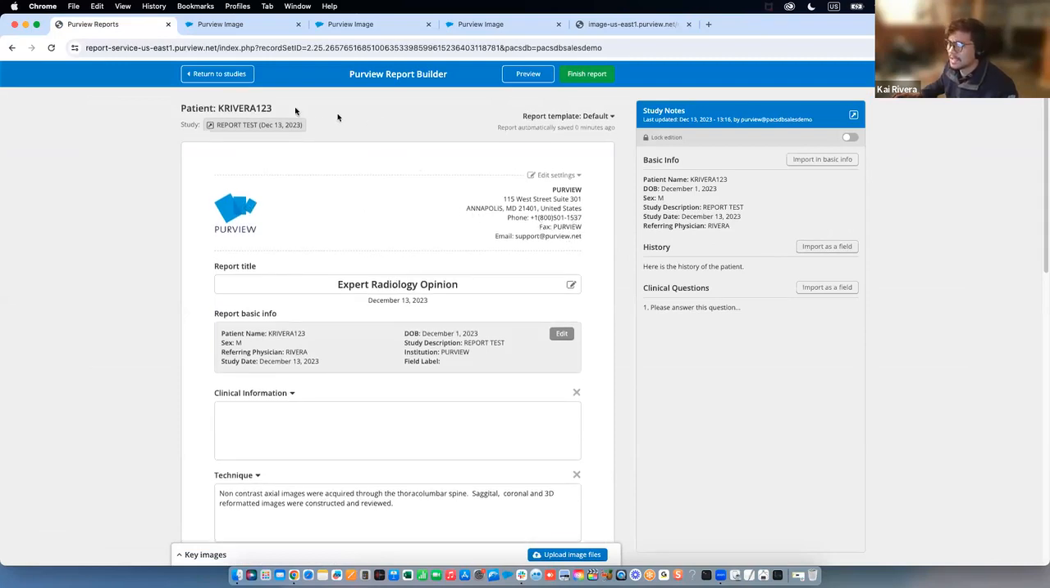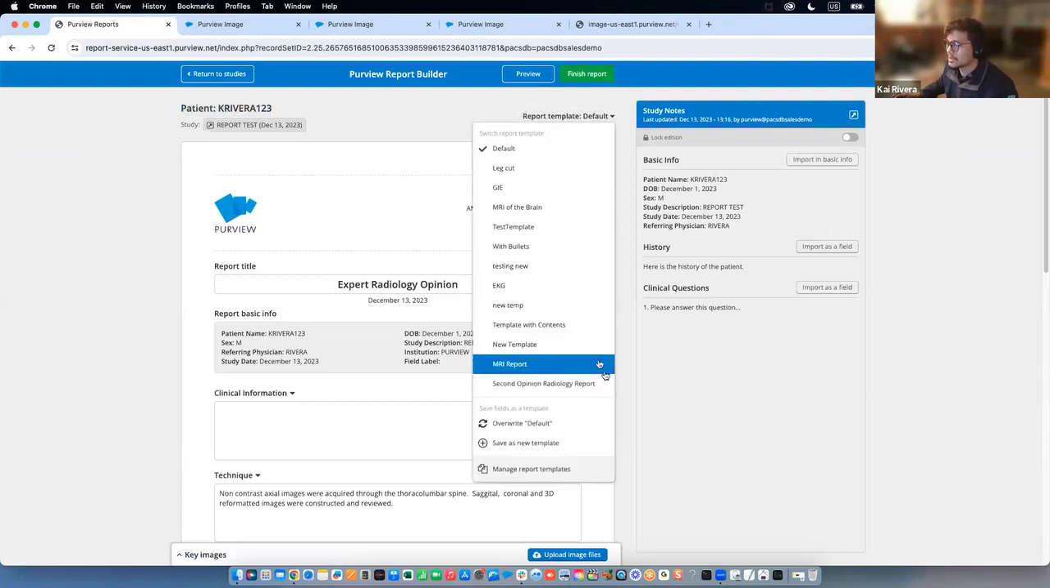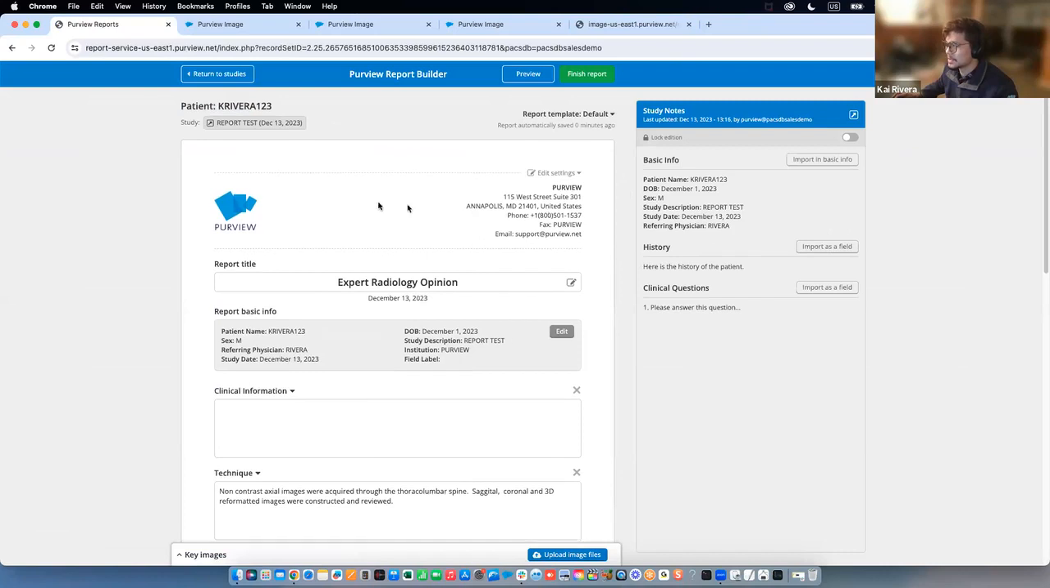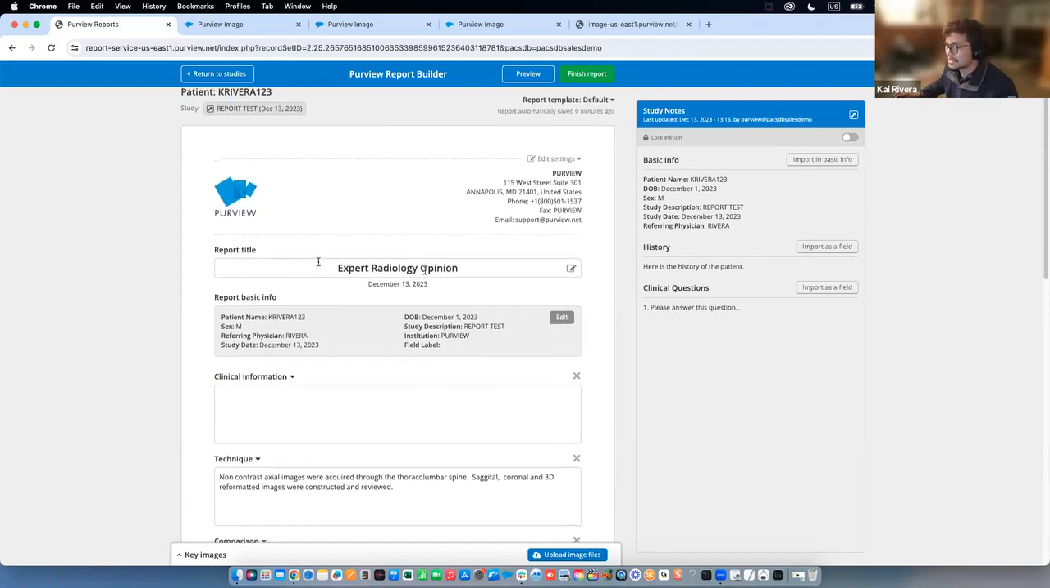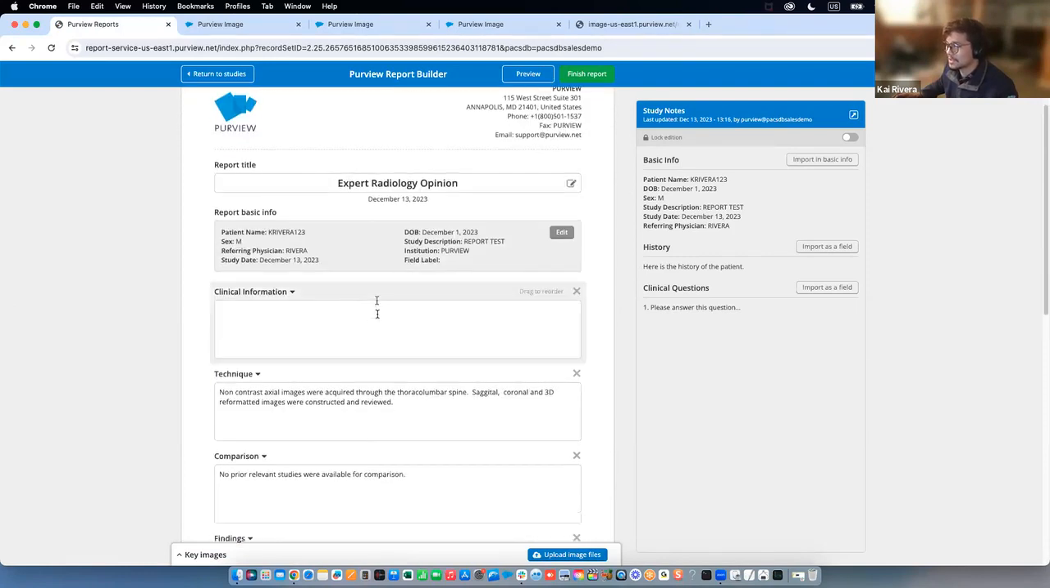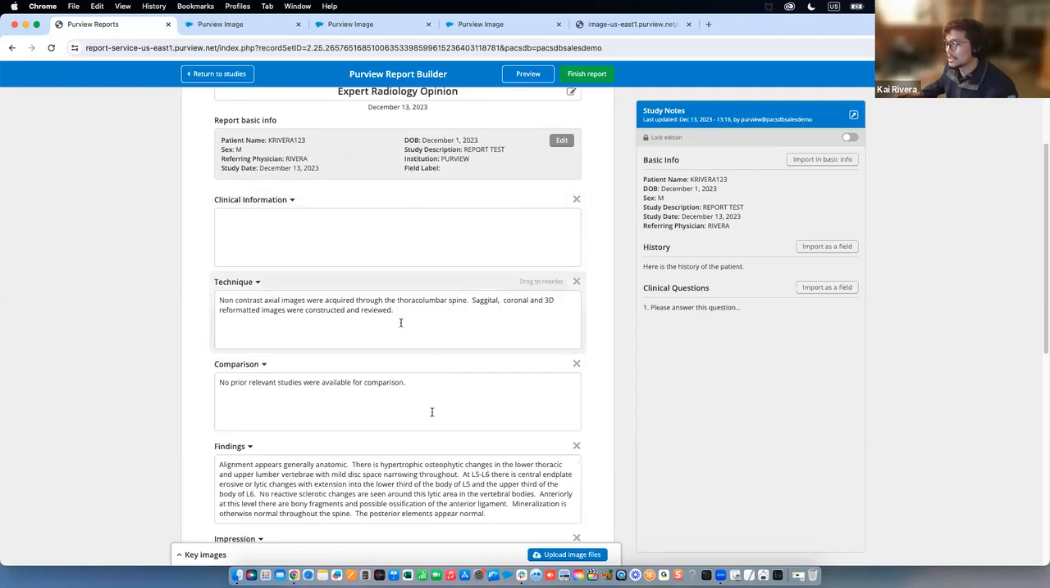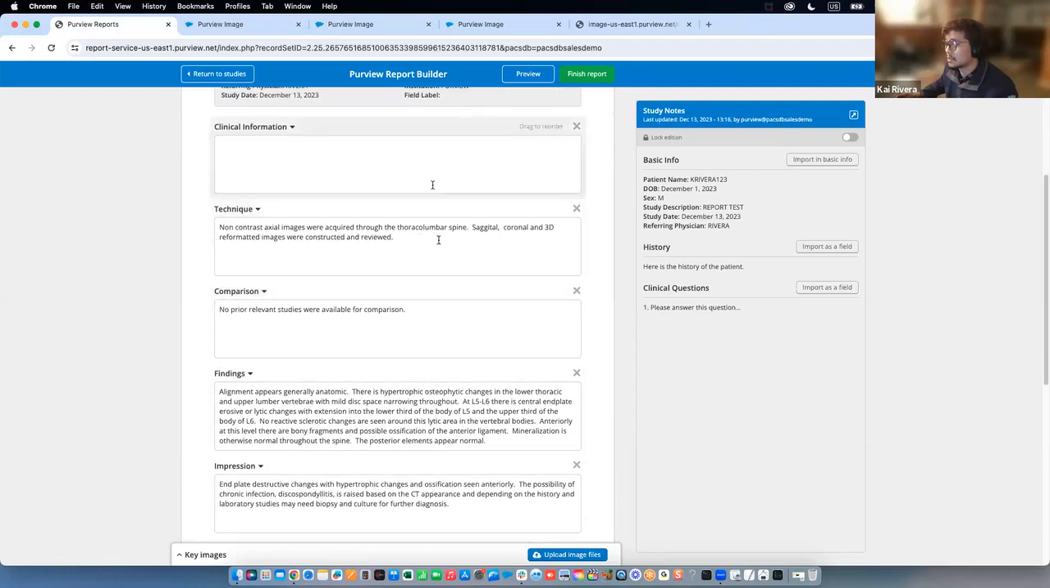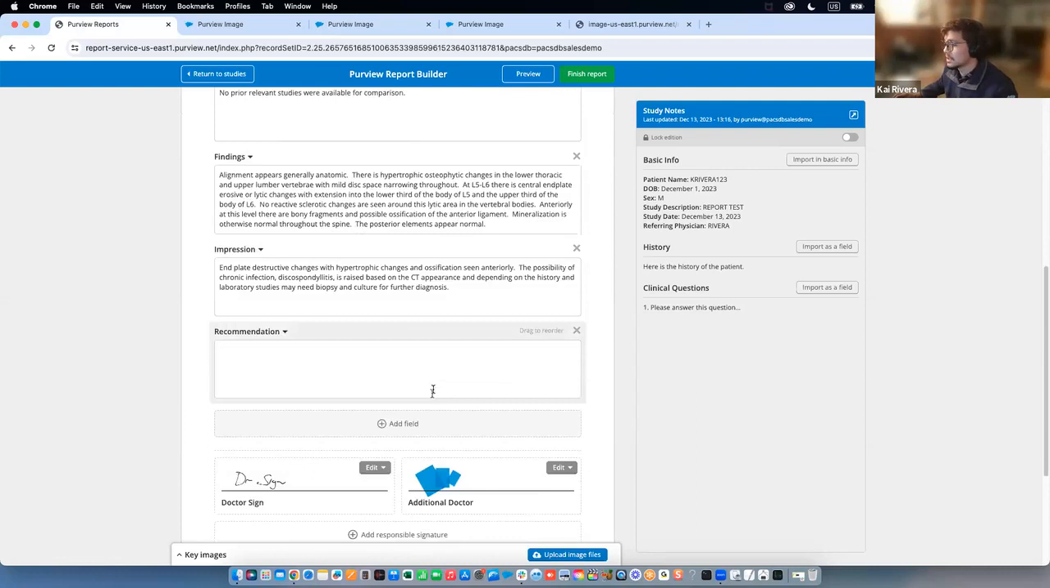What you'll notice here is that you see the patient name. You'll be able to select from a variety of different templates that you set up, whether it's based off of a procedure or anything else. You'll notice that there's a letterhead that's customized with your facility's logo and information, in addition to title, DICOM information, and even the body of the report can be pre-filled according to what the